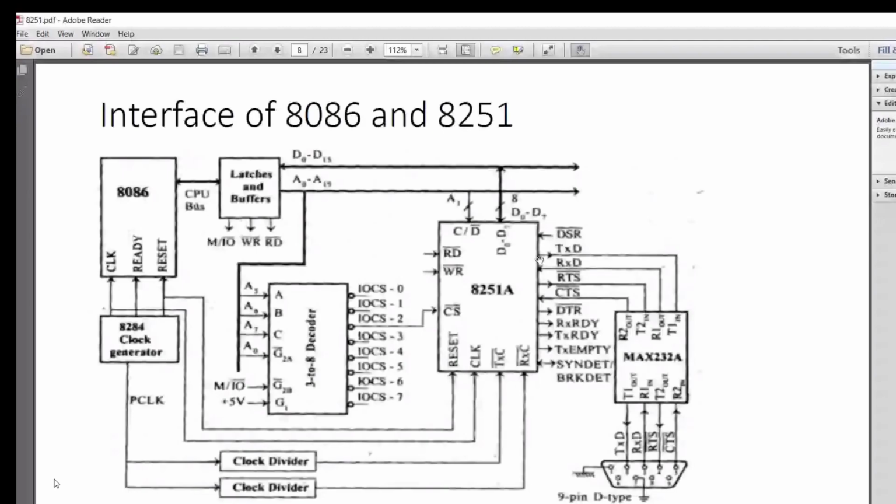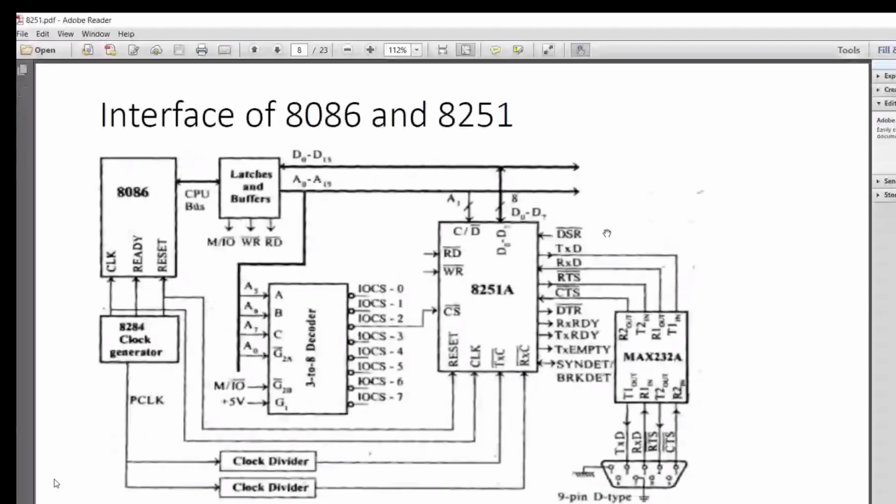So when this 8086 wants to transmit data through this line, it has to give out data. And then we have the data set ready coming on. This data set ready is the signal coming from our second 8086, which is connected with 8251. So we have one more setup like this available here. If that device is ready to transmit, then data set ready is given out by the other system to this. So data set ready is the other end's status read into our system.